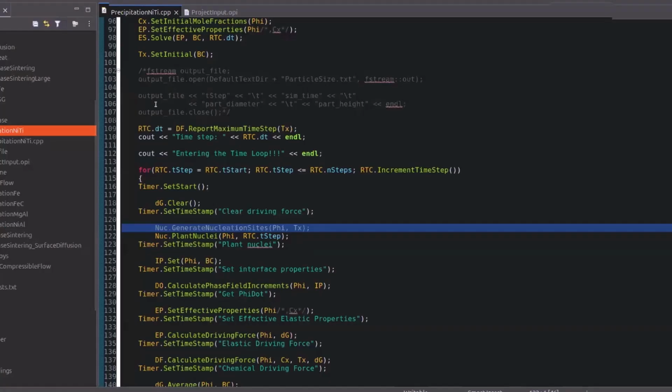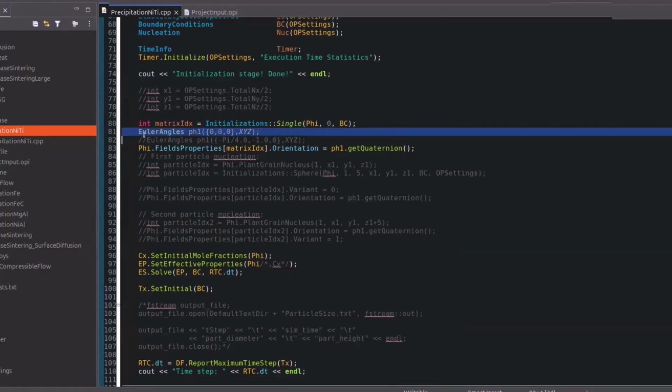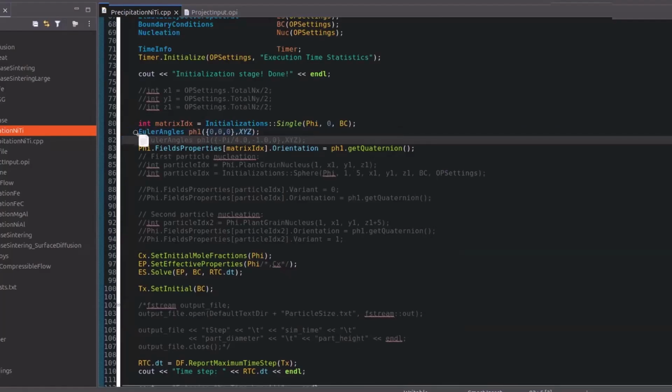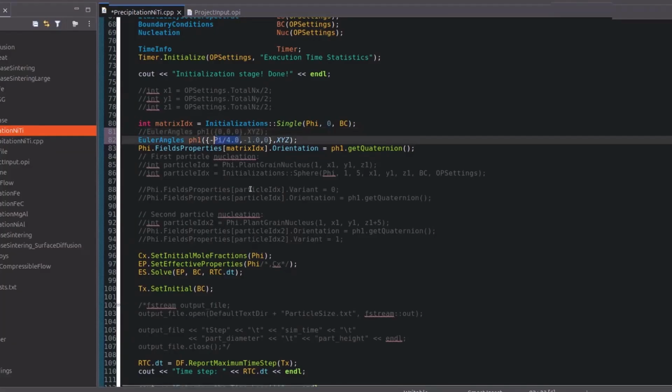We'll go to Eclipse, and here, instead of no rotation, I already prepared one: we can orient the 111 axis of our initial B2 phase along the 001 axis of the reference frame. To do that, we rotate pi over 4 around the x-axis backward, and then by roughly 1 radian, but in this case, it should be 0.95, but just to make it round, so by 1 radian back,